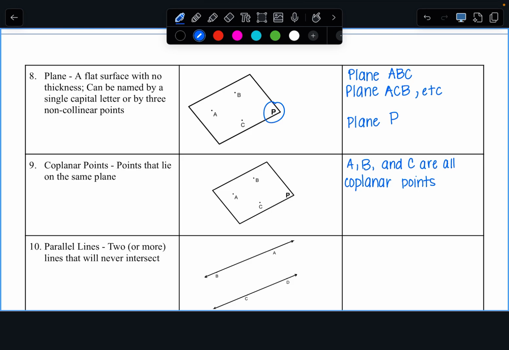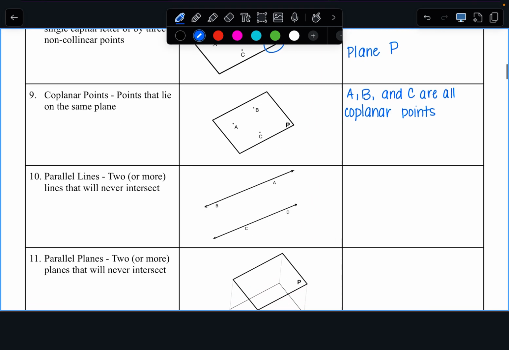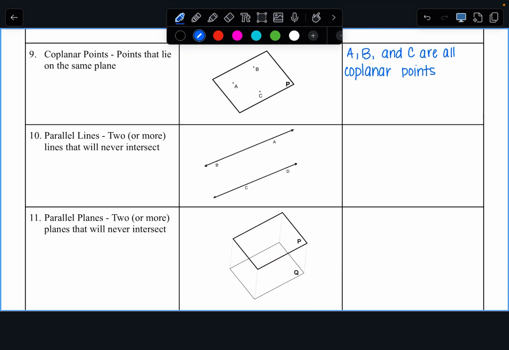We've talked about parallel lines before. Parallel lines are 2 or more lines that will never intersect. So if we labeled this as line BA,